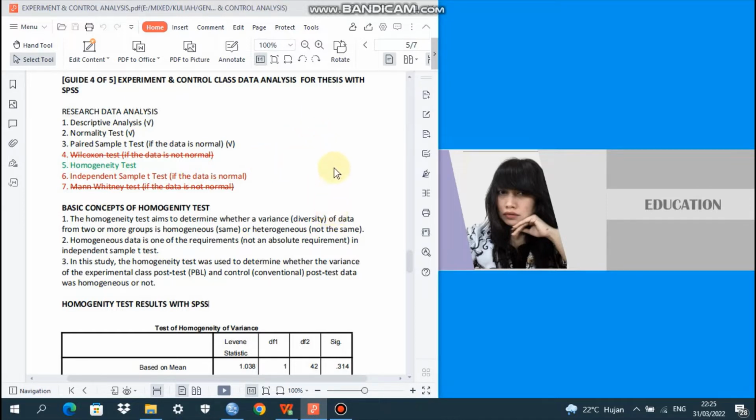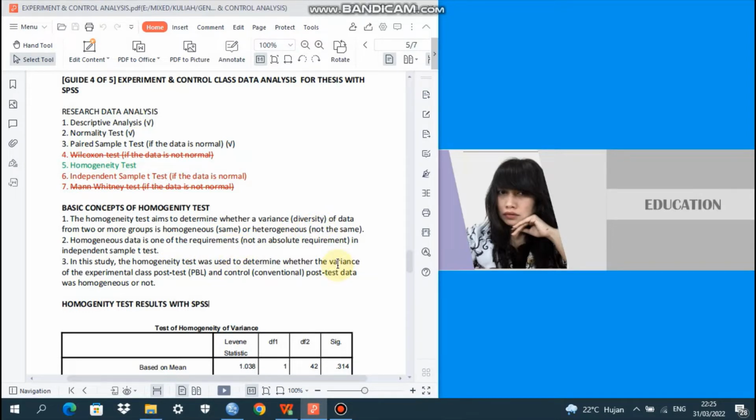Before we go further, here we need to do a homogeneity test. Now we are going to understand more about the basic concepts of the homogeneity test. Number 1, the homogeneity test aims to determine whether the variance of data from two or more groups is homogeneous or heterogeneous.